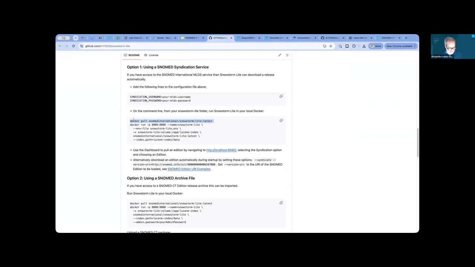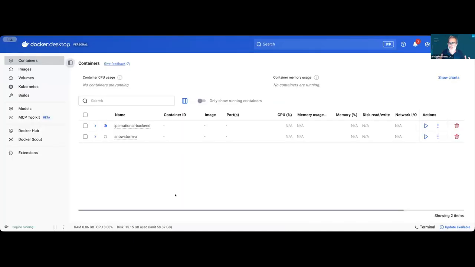And Docker is a tool. I don't know if you are familiar with Docker. Let me show you. I have Docker running here. I go to the Docker dashboard. Docker is a tool that you install in your computer, and it's a host for containers, like virtual machines. These containers are software that you can run completely independent of the rest of your system, and they contain all the dependencies. The beauty about containers is that we can use them for testing really quickly, but if you want to go to production, you use containers as well. So it's a technology that is very scalable in that way, and you can coordinate different containers and things like that.